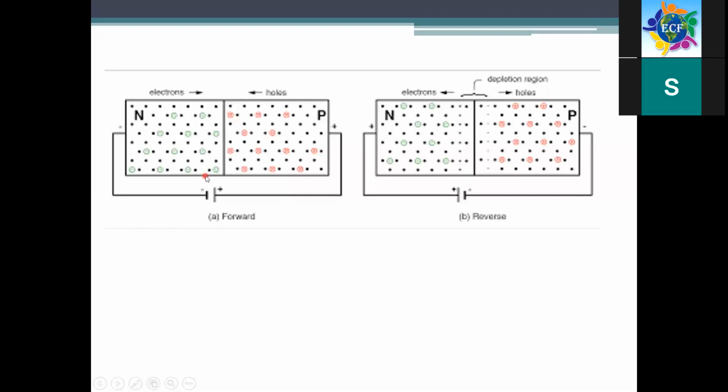So in case of your forward bias, we connect the P with the positive terminal and the N with the negative terminal. Hence there is no depletion region in forward bias, and the maximum current flows through the forward bias. In reverse bias, there is opposition of current. So this is about your PN junction diode, its barrier potential, and forward bias and reverse bias. A diode is an electronic device in which the electric current flows only in one direction. This is your diode.